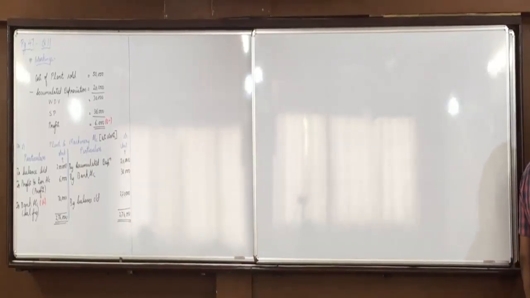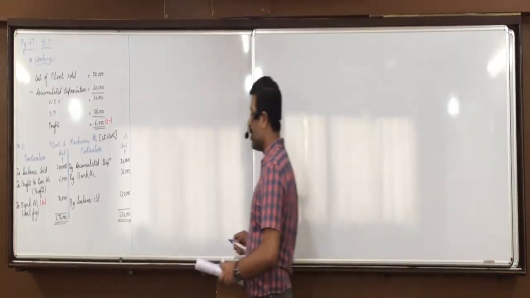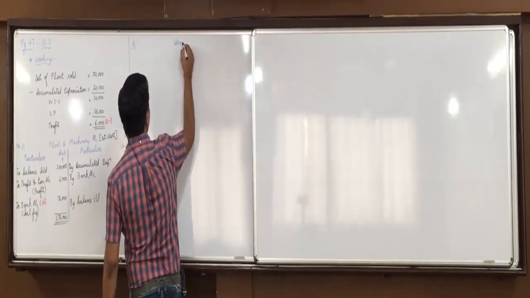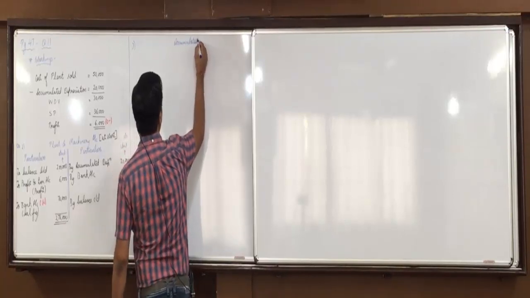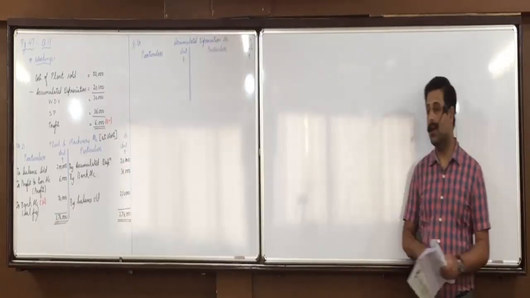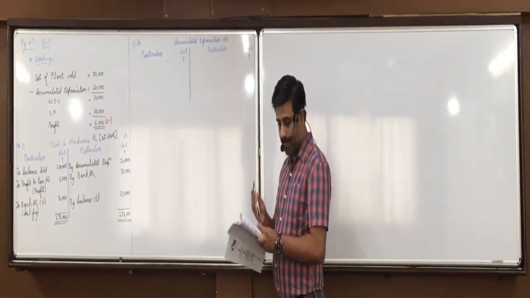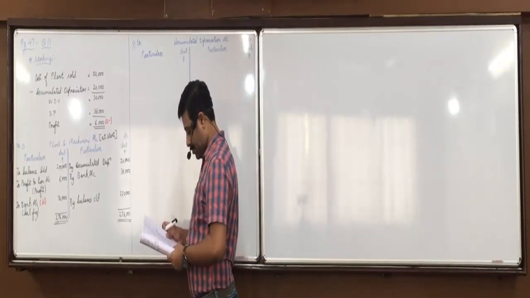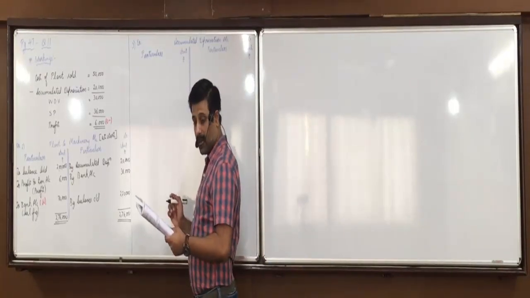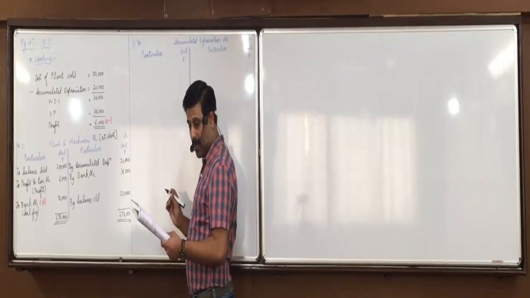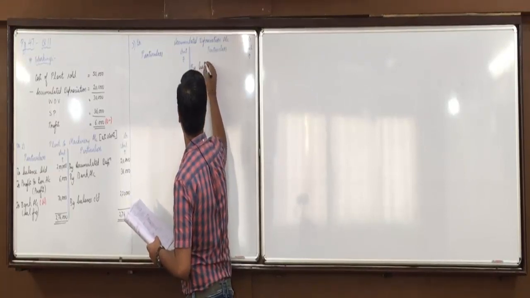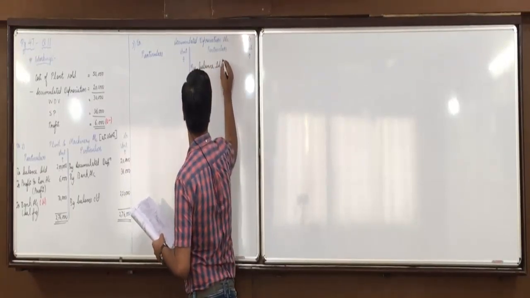Which other ledger account are we supposed to make? Accumulated depreciation account, to find the current year's depreciation. A lot of practice has been done for these workings. Now, the accumulated depreciation account. Opening balance, you can see 80,000 on the asset side. So credit side, by balance brought down 80,000.